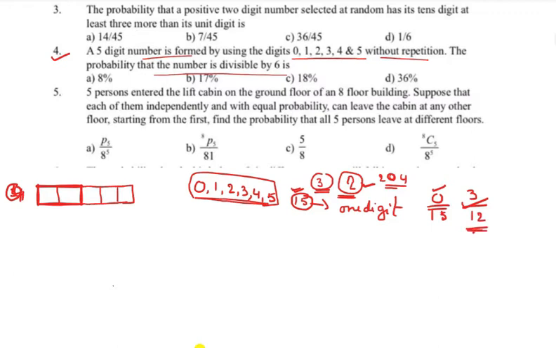Okay, first of all I will find out the total number of cases. This place can be filled in how many ways? This place can be filled in 5 ways, and for the remaining places, this place again can be filled in 5 ways, this place in 4 ways, this in 3, and this in 2 ways. That's why the total number of possibilities we are getting is 600. 5 5s are 25, 4 is 100, 100 into 6 is 600, right?